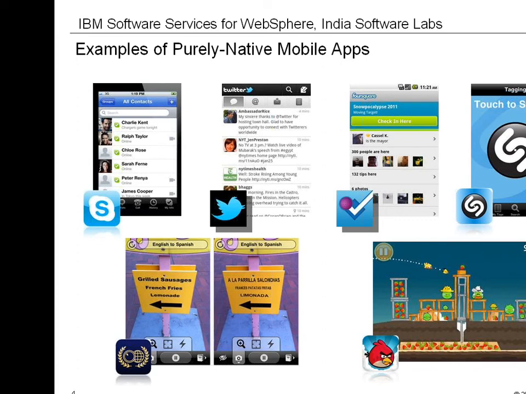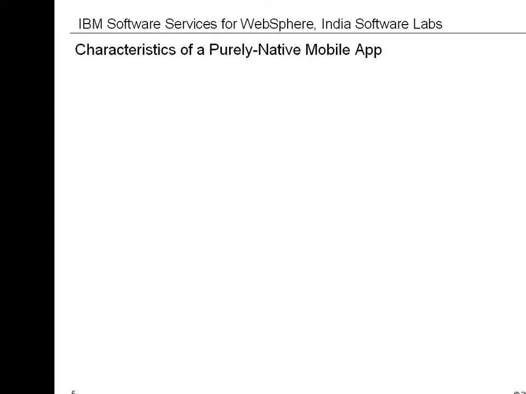These screenshots are from Android. And on your right corner is the Shazam app, which listens through the microphone of the mobile device to identify songs that you're listening to. On the bottom row, we can see WordLens, a cool augmented reality application which translates words on the fly by processing the images captured on the mobile device video camera. And no discussion about native apps can be complete without showing at least a picture of Angry Birds, which anybody having a smartphone would have played, and it's a must-have. The thing all of these apps have in common is that they are all purely native. But what does that actually mean?